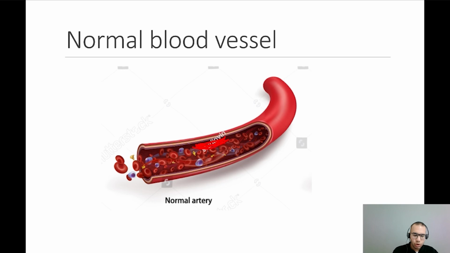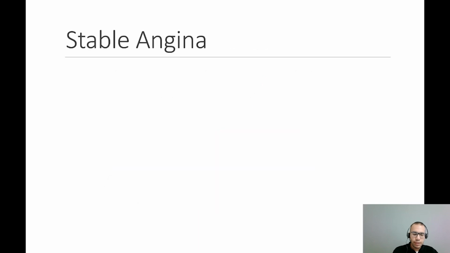And this occlusion occurs due to atherosclerosis. Atherosclerosis is the buildup of cholesterol and fat material in the lumen, leading to its occlusion. The first ischemic heart disease we're going to discuss is stable angina. Stable angina occurs when